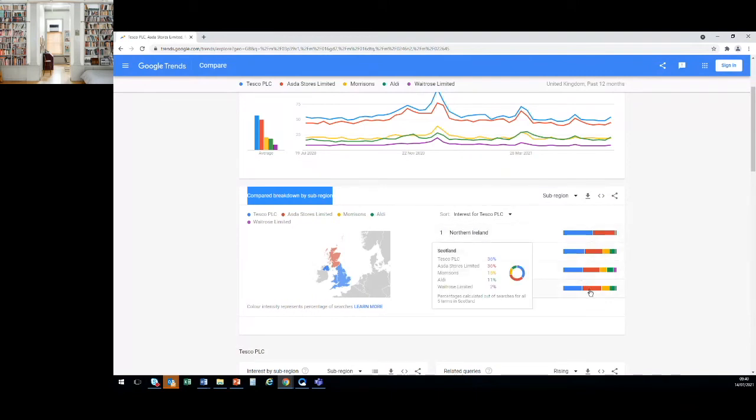But in Scotland, maybe it is 50-50. Tesco and Asda, the search popularity is very similar. But for Waitrose, we can see that England has more searches for Waitrose. So Waitrose may have a greater market size in England than in other kingdoms.